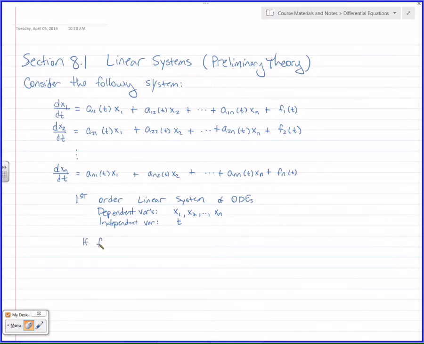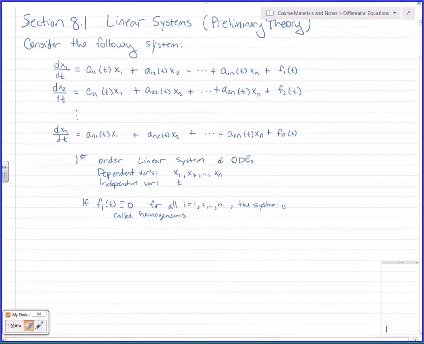If f sub i of t is identically 0 for all i from 1 to n, the system is called homogeneous. Make sense? Okay,